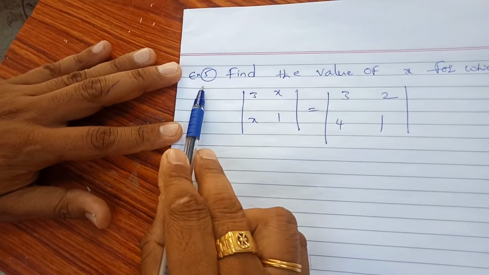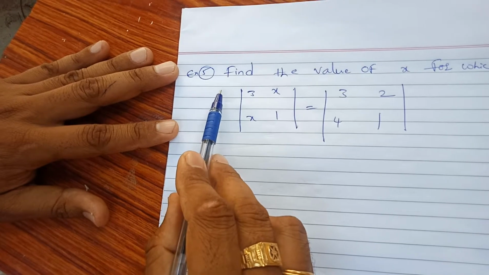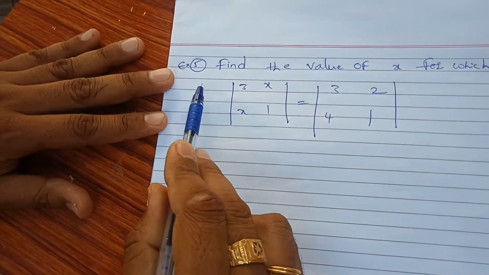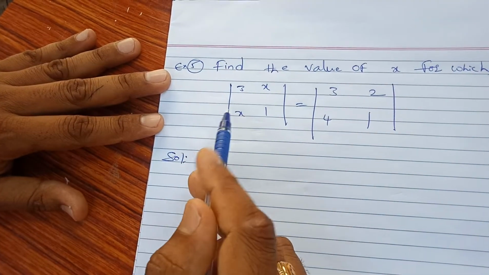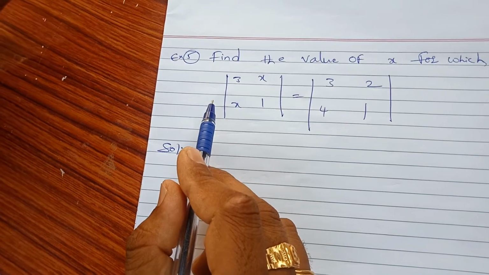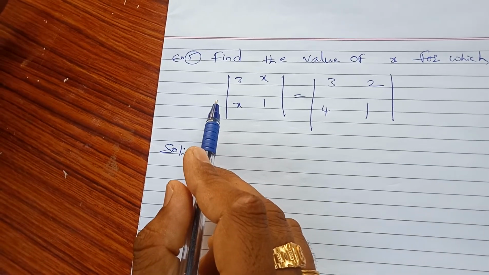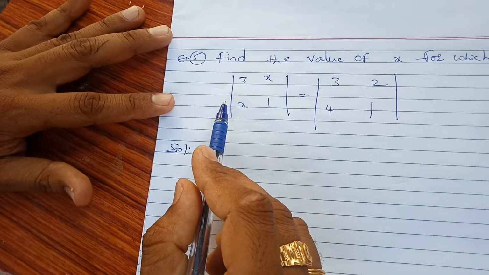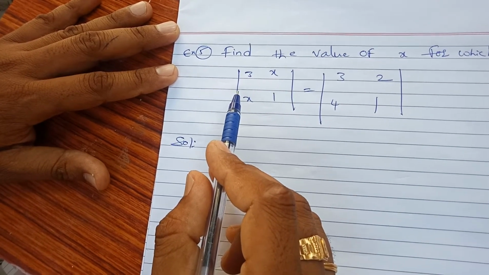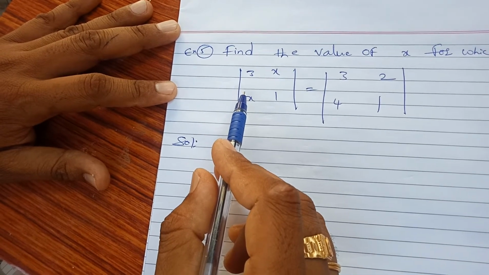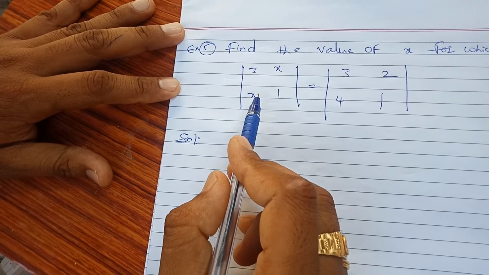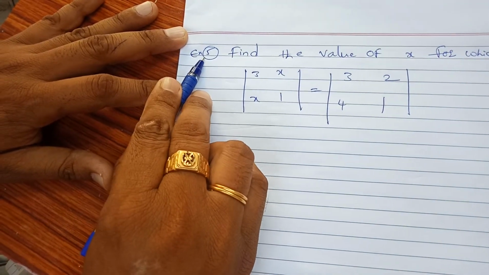So this is example 5. Before exercise 4.1 there are only 5 examples. This is the last example in front of exercise 4.1. After this we can continue the exercise 4.1, but you people have to continue the exercise 4.1. All of you have the textbooks, that's why you can continue. In that exercise 4.1, there are some toughest questions, the 3rd and 4th. I think 3rd and 4th. Okay, so I will complete those 3rd and 4th questions. So before that, see example 5 here.